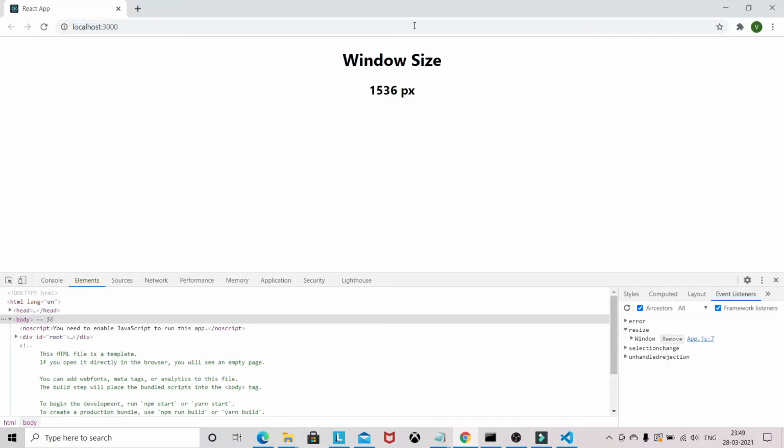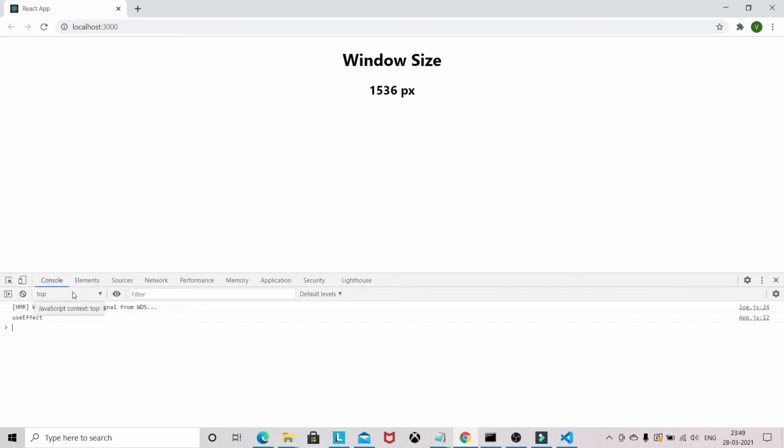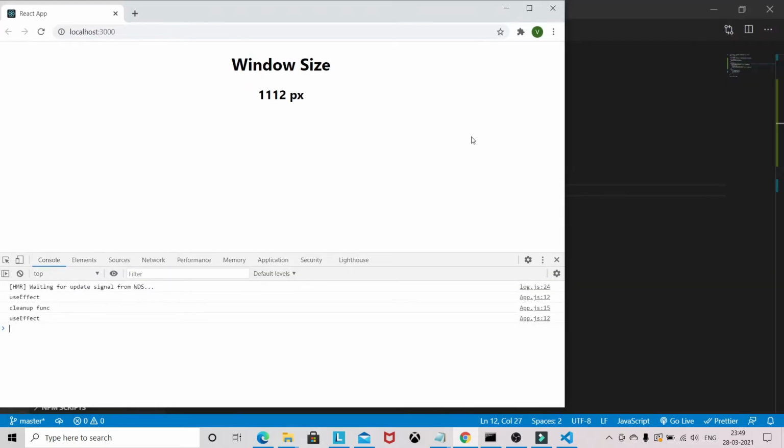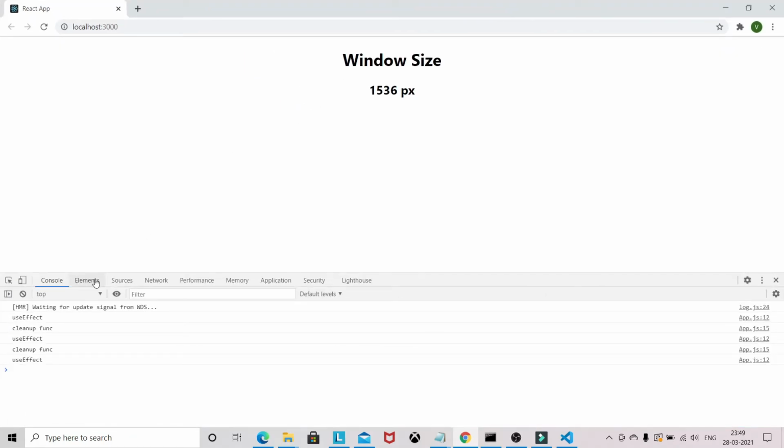Now just reload the page and you can see the console. The useEffect runs, and whenever we are resizing, the function is executed. After that, useEffect is running again. So this is the way we can basically solve that issue.